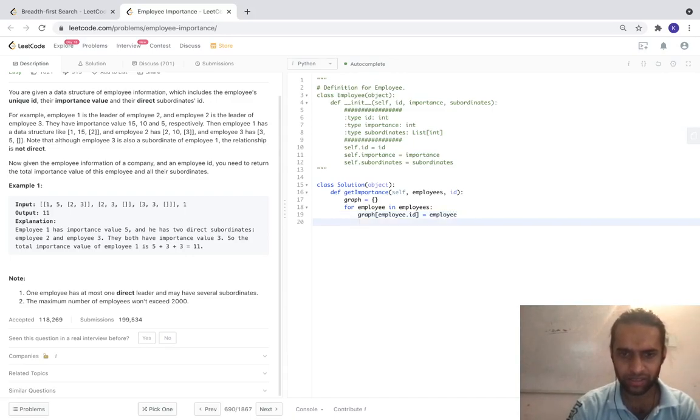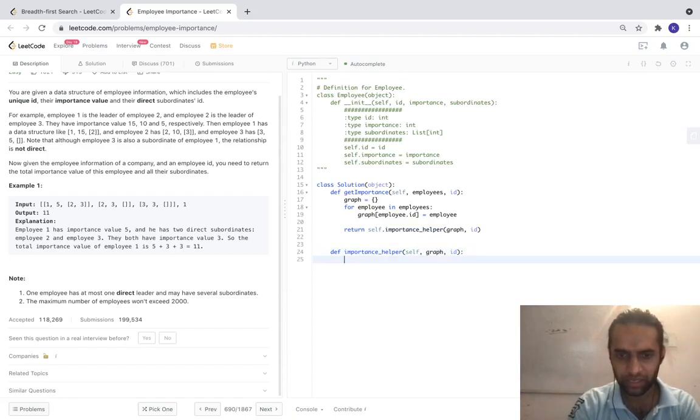Let's solve this recursively. First I return self.importance helper, which takes this graph and id and returns me the total importance. So I have my graph, I have my id. My total importance is graph at id dot importance.